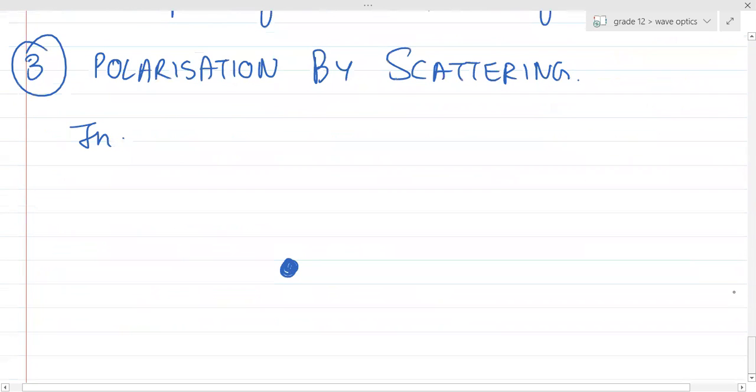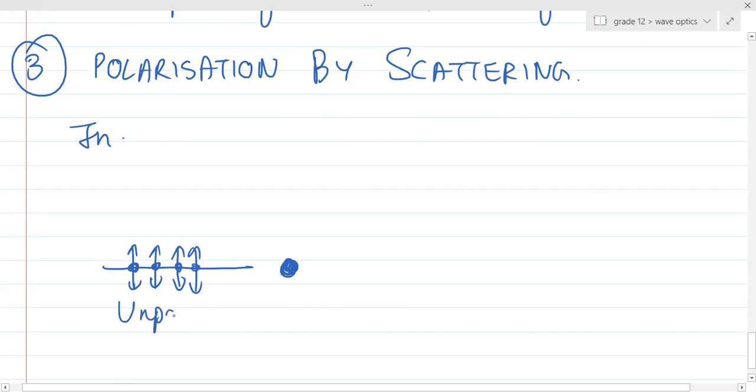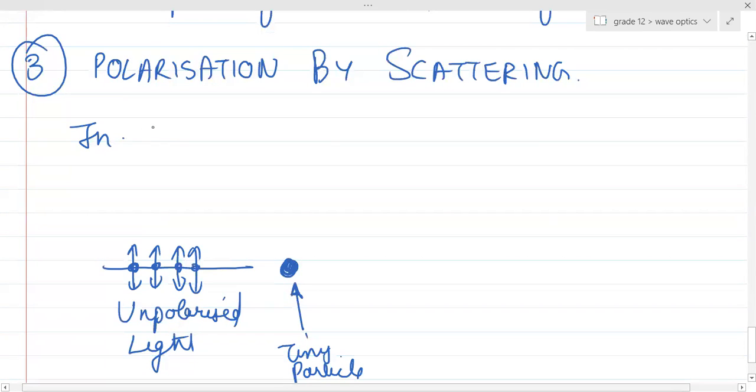This is a dust particle or whatever particle it is, and I am sending an unpolarized light on this very tiny particle. Whenever tiny particles are involved, we consider it a quantum phenomenon. So you can say in scattering,